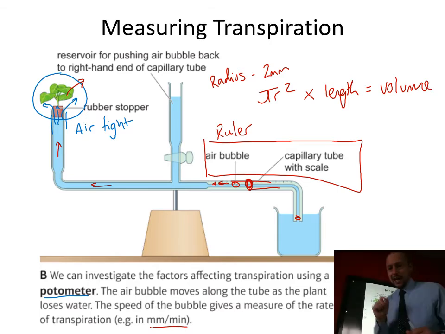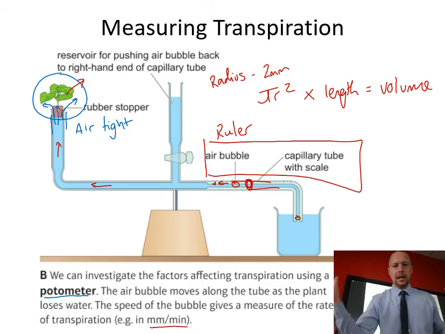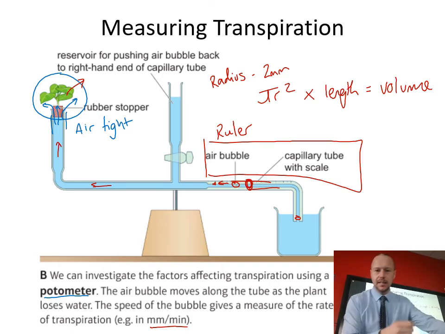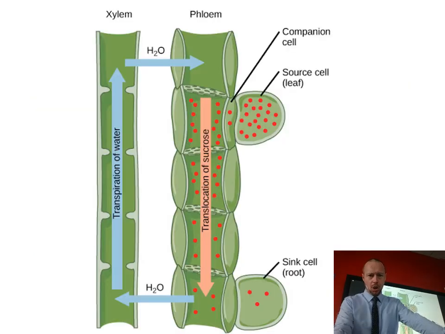So you could use that to actually physically work out the volume of water that has moved through the plant, and therefore the volume of water that transpiration has happened. So this is the equipment needed to measure transpiration. There's good Free Science Lessons videos on potometers if you'd prefer to have a look at them. Right,